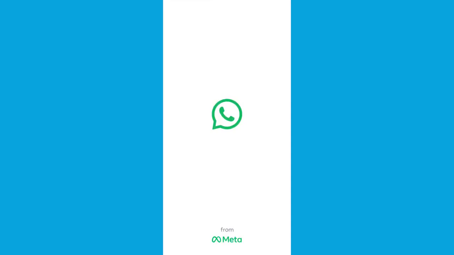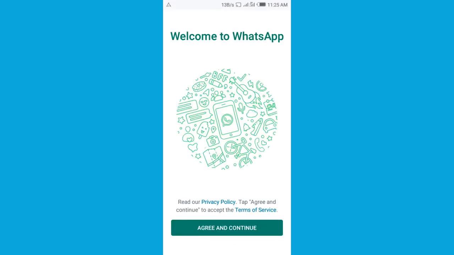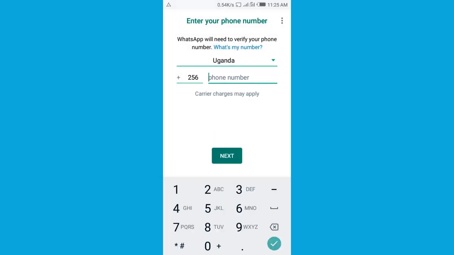In this case, we'll be able to have a dual WhatsApp onto our phone. Remember, the other one is business and this is WhatsApp. So in this case we can have a dual